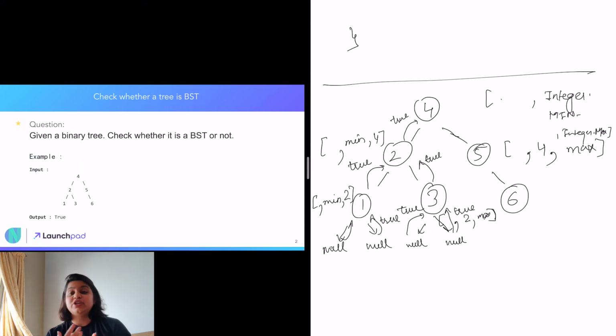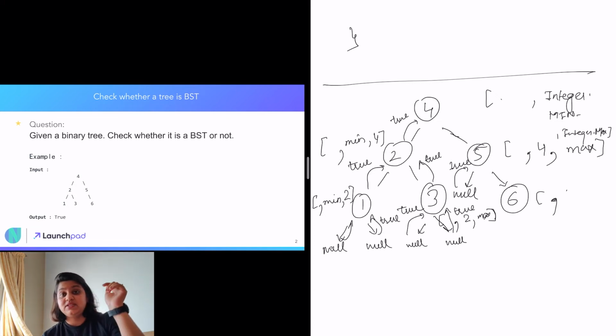So now we are going to check if root is equal to null. No, it is not. Then if root is less than min or greater than max, no, it is not. So that means this node also holds the restriction. Now we are going to go to the left subchild, which is null, so it is going to return true. Then we'll go to the right subchild, which is 6. Now our min is going to be 5, because it is at the right subchild, so it can only have values greater than or equal to 5, and the max is not going to get changed.